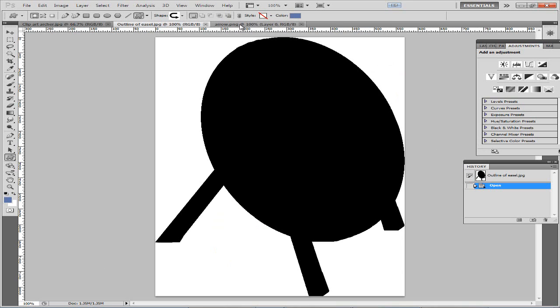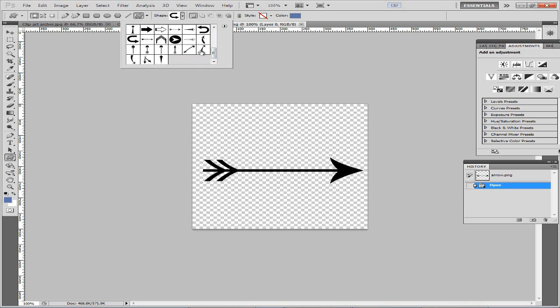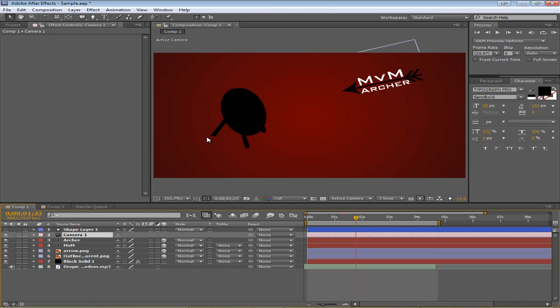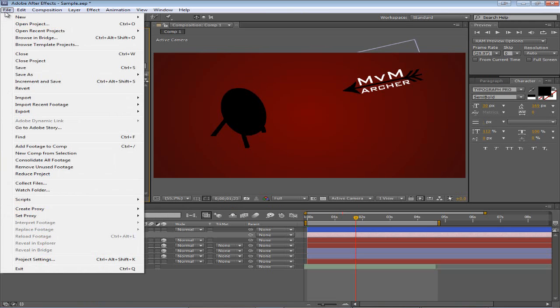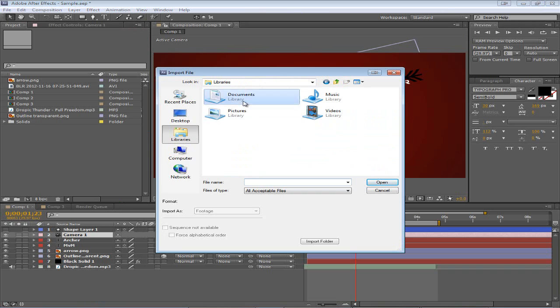Now the arrow I actually got from downloading an arrow shape pack for Photoshop. If you go to the shape tool right here, it basically has several options up here. These arrows are from a pack that I downloaded for free online. So I liked probably this one, and I just added it there, made it into a PNG file, both of them saved as PNGs, because that allows for this transparency, and then I just imported them. So if we go back to After Effects, you just go to File, Import, File, choose the files that you want,